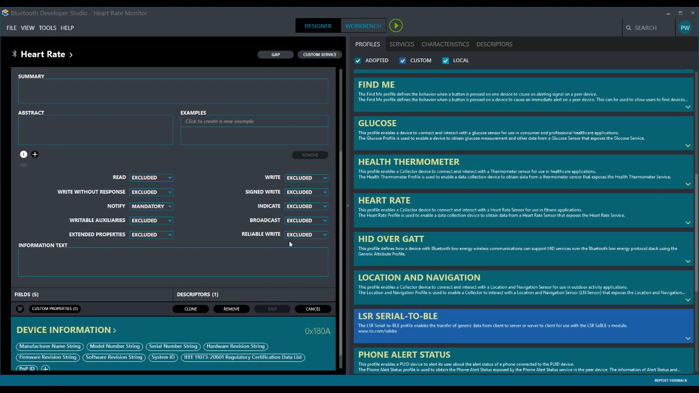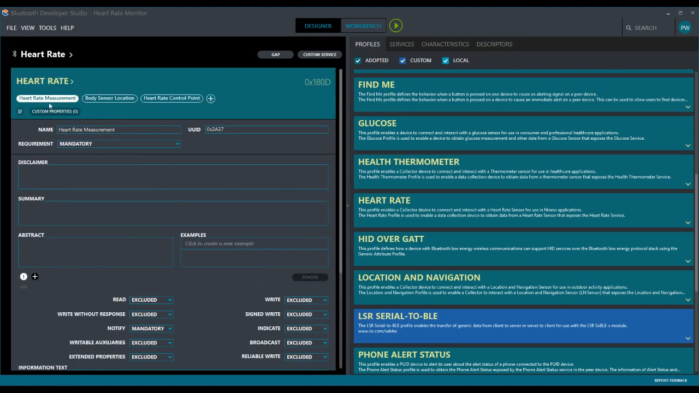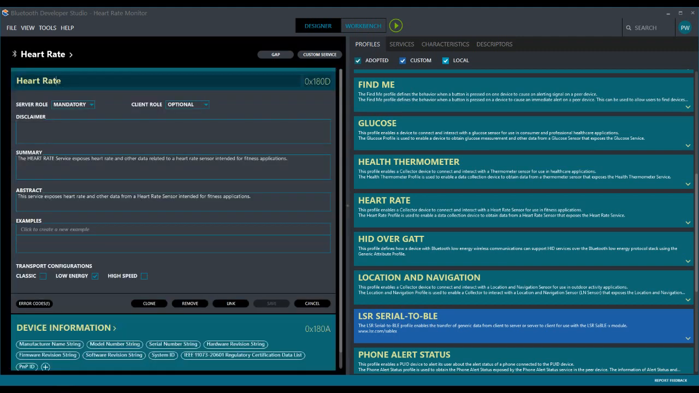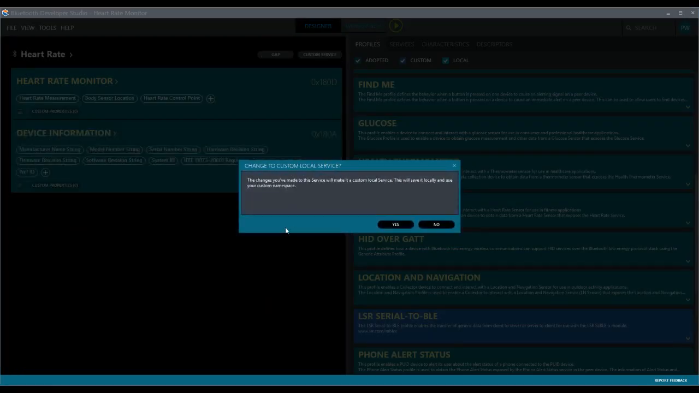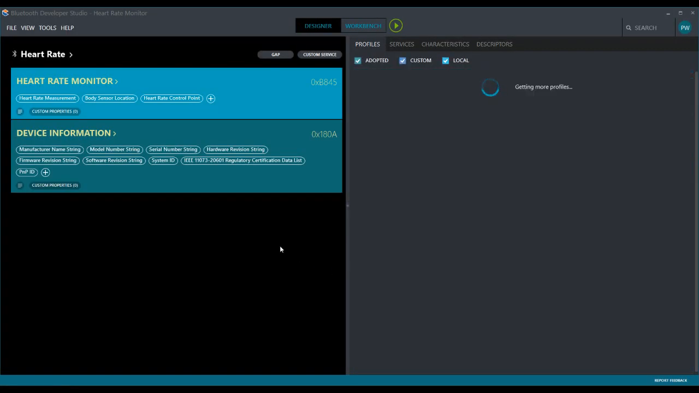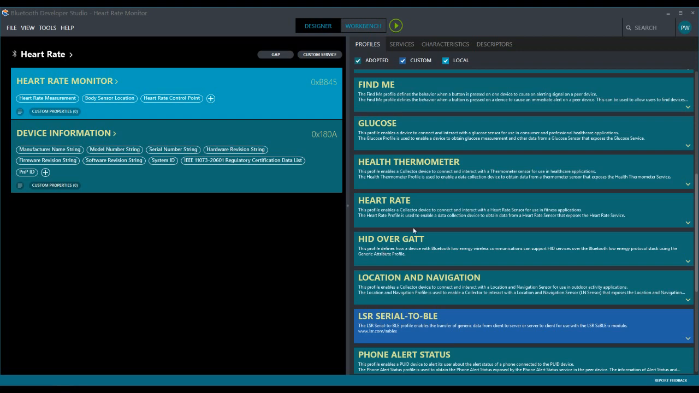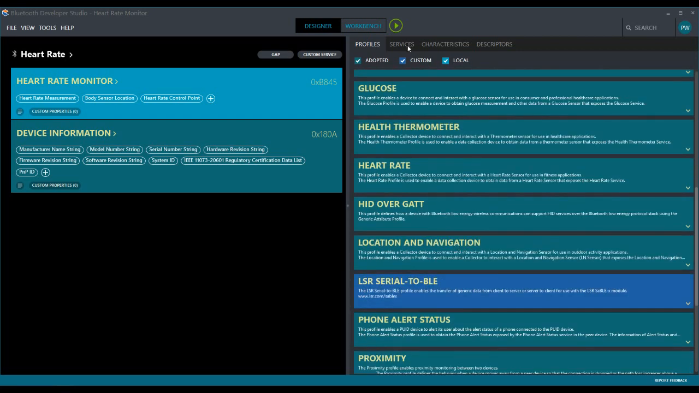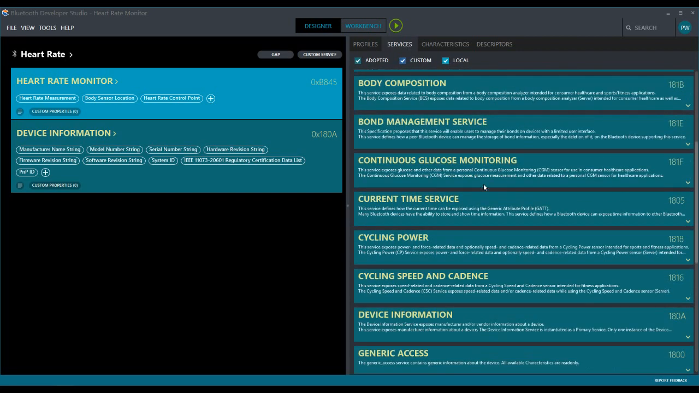So, say I make a change to something like this, which is an adopted service. If I go right ahead and change heart rate to heart rate monitor, I'll receive a prompt asking me if I want to go custom local. Now this is the interesting thing about this. You can take adopted profiles, adopted services and characteristics, and you can edit them, change them for your own purposes, and then save them out as your custom local. And so if you go over to the services here,